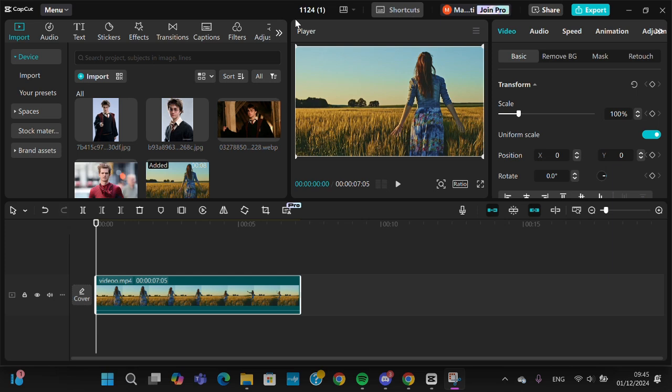In today's tutorial, I'm going to show you how you can add camera shutter effect to your video on CapCut. Okay, let's get into it guys. I have created a project on my CapCut PC application and I'm going to apply camera shutter effect to this